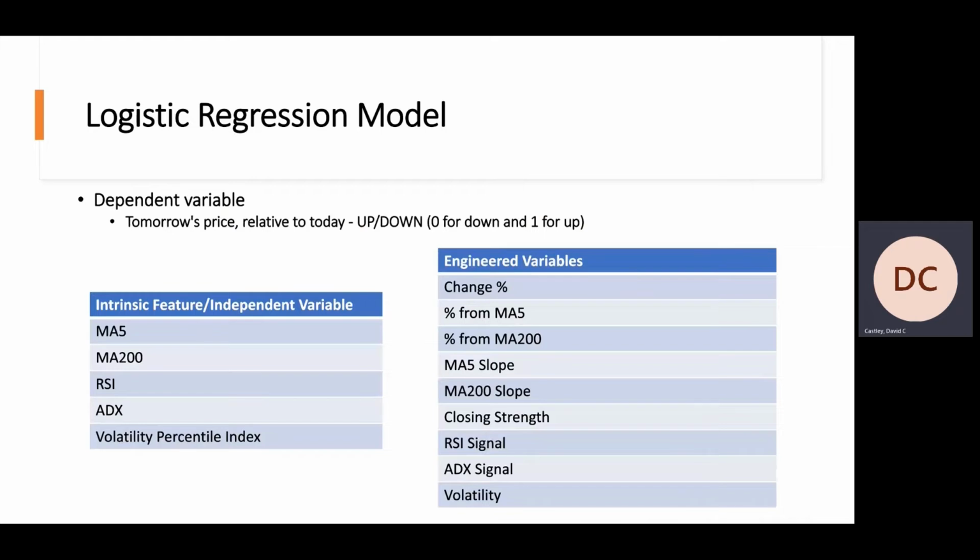We are using a logistic regression model. So our dependent variable will be tomorrow's price relative to today, so 0 for down, 1 for up. The output will really be a percentage of whether or not the price will be positive the following day. Our independent variables that we're getting from TradingView are the 5-day moving average, the 200-day moving average,